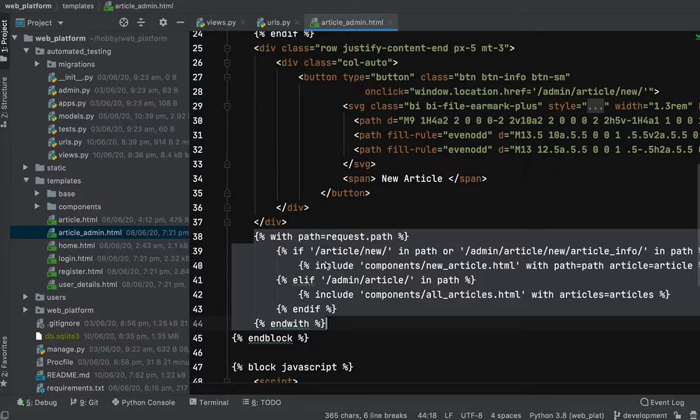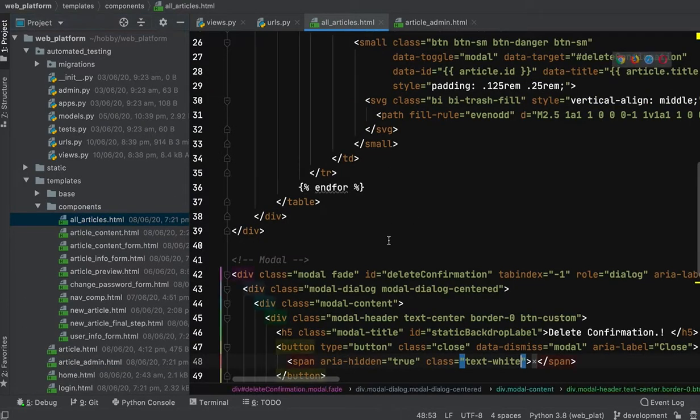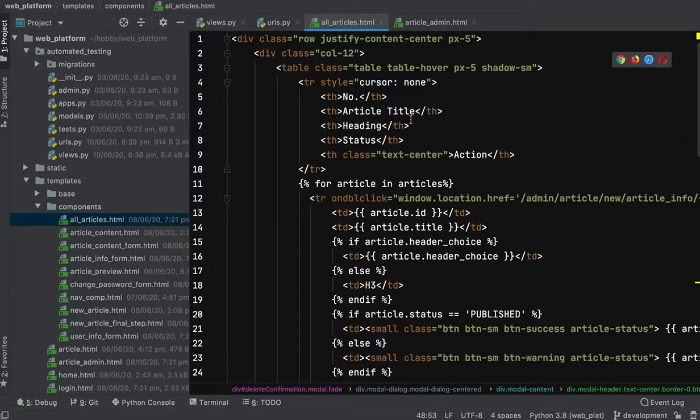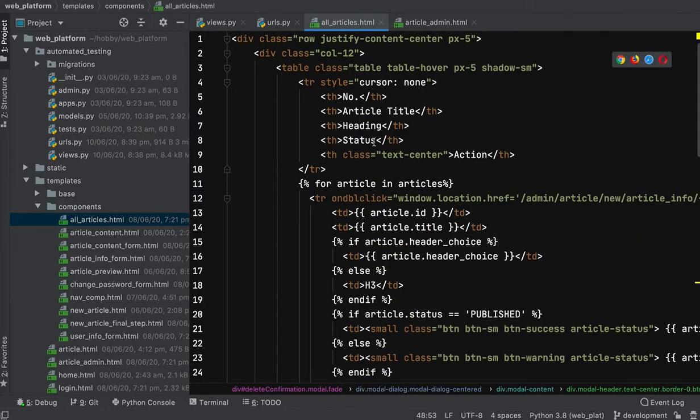So when it's the admin article, a root page, it will load all the articles from the components. In this article page we will process the articles one by one.